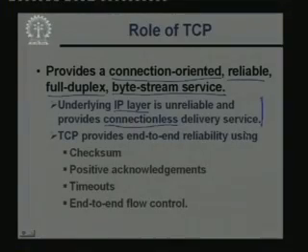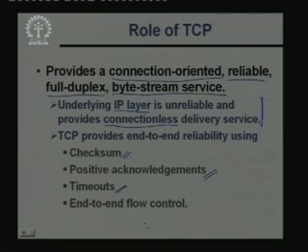It does so by explicitly maintaining a few things. First, a checksum to check whether a TCP message is correct or not, and positive acknowledgements to send back information to the sender that all the data messages have been received correctly or some have not been received,